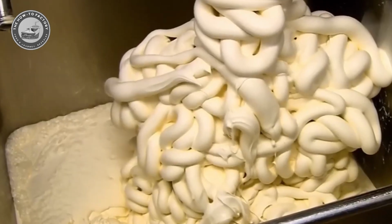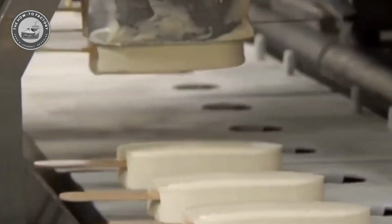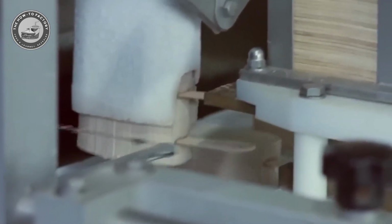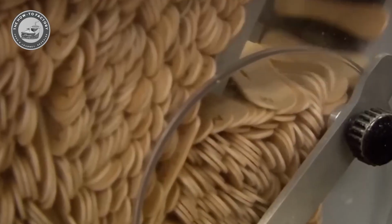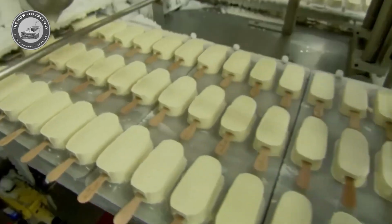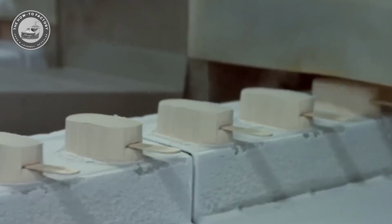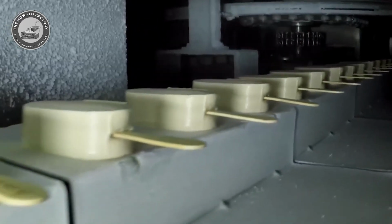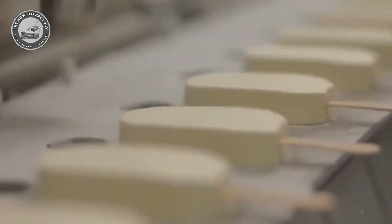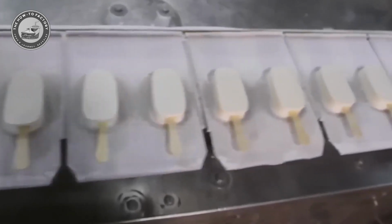Regardless of the flavor, the ice cream is poured into molds shaped to hold the perfect amount and structure for a Magnum bar. High-speed automated machines fill these molds before inserting wooden sticks into each bar. The molds then travel through a deep freeze tunnel set at -40 degrees Fahrenheit, solidifying the ice cream within minutes. After freezing, the bars are carefully removed from the molds and transported via conveyor belts to the next crucial step,